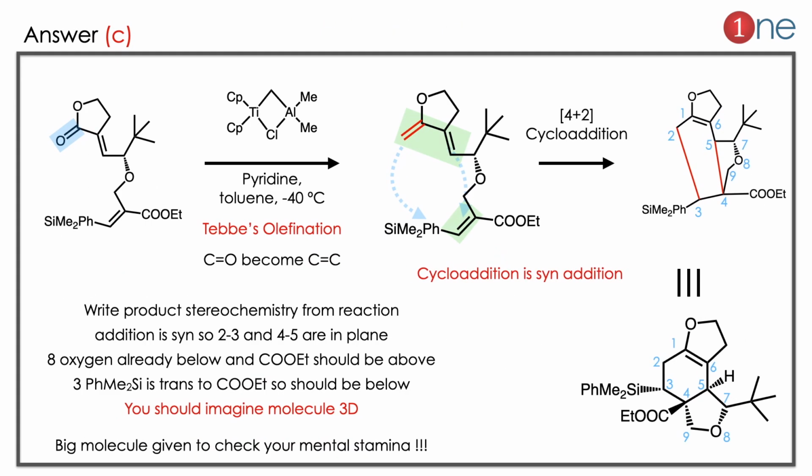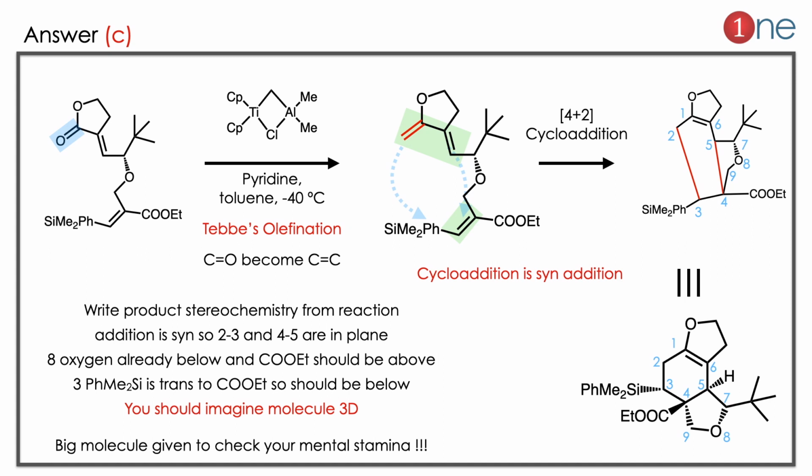The answer is C. Let us see how. The starting material contains a ketone which is in an ester, and a long chain is there. We are using a titanium aluminum reagent. It's called Tebbe elimination. How this occurs: the C=O bond becomes C=C, meaning the ketone becomes an alkene there. Then you have the same system which contains a conjugated double bond and one alkene. So what really happened is a 4 plus 2 cycloaddition happened. New ring formation occurred there. So 2,5 ring formation and 5,4 ring formation is there. So there are 3 rings. If you number it and rewrite it properly, you will get the answer C.